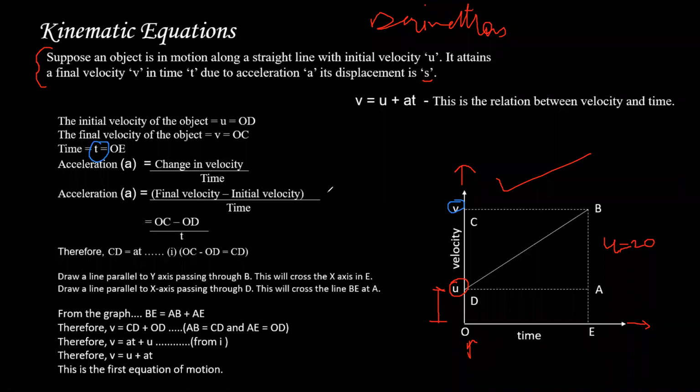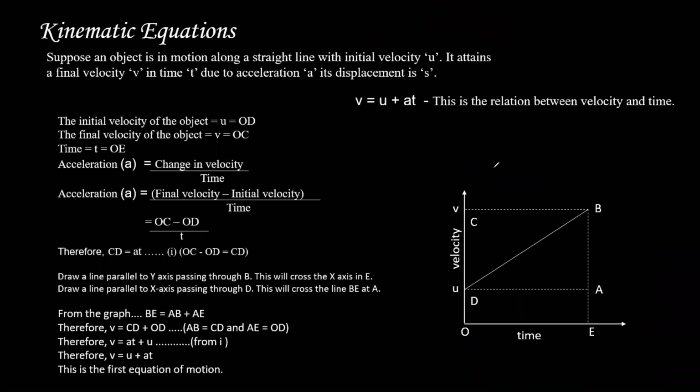Now I wanted to calculate my acceleration. I wanted to see how my speed has changed. Okay, क्योंकि एक्सपेरिमेंट शुरू करने के बाद पैर एक्सेलेरेटर पे दबाया ना मैंने, तो स्पीड इंक्रीज होता गया. तो कैसे? So कुछ नहीं, I just used my acceleration formula which I already had. Final velocity minus initial upon time, which is nothing but if you see it geometrically, it is OC. OC means this point. This is point C. This is point O. OC minus OD.